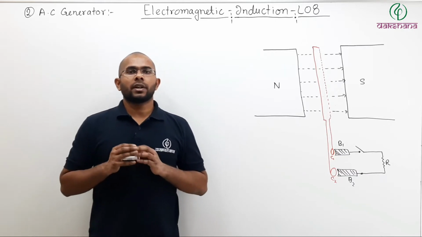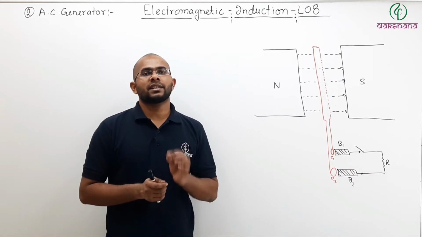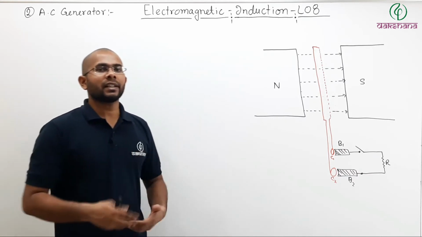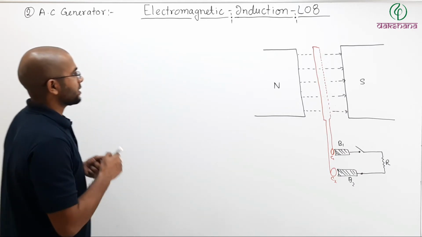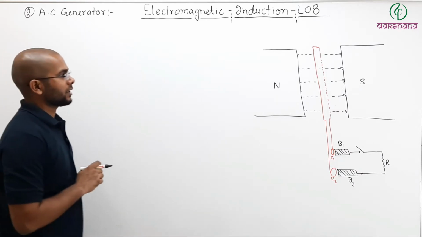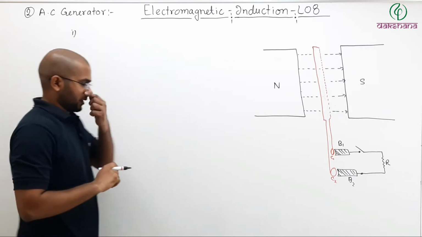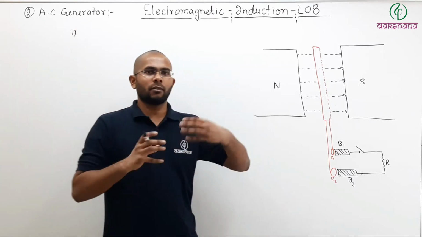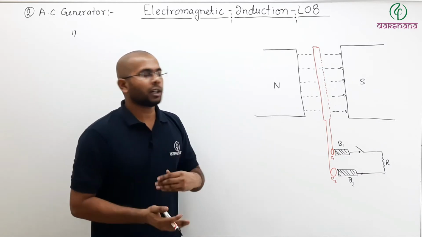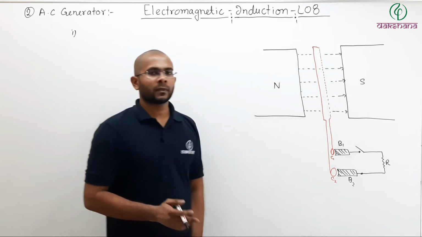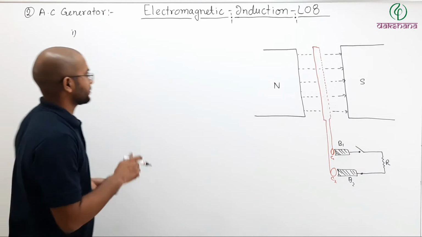Now let us try to understand how we can derive the EMF produced in an AC generator or the current driven by that EMF. So here is a very simple schematic diagram of your AC generator. So let us say in our AC generator we have a coil. As we have already talked about, there are 3-4 main parts of your AC generator. One of them is a coil. So let us assume that our coil has N number of turns.